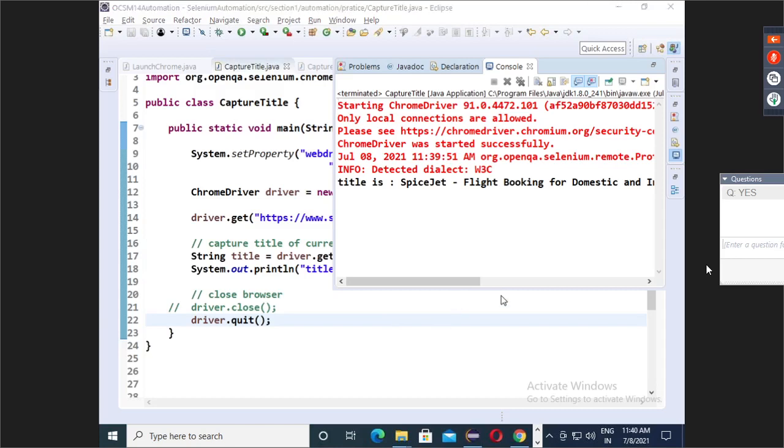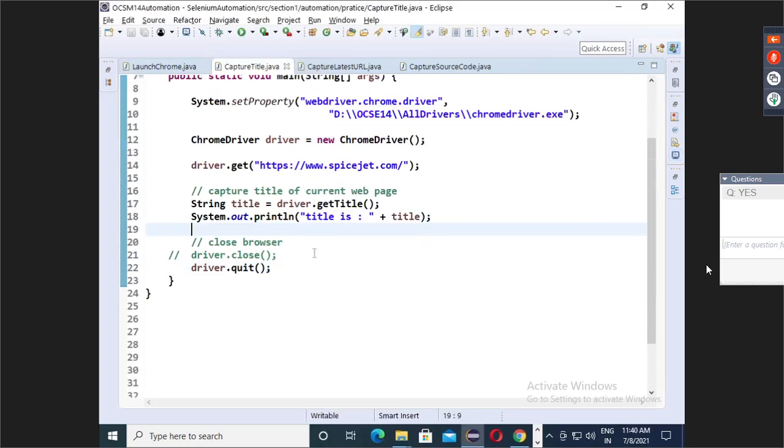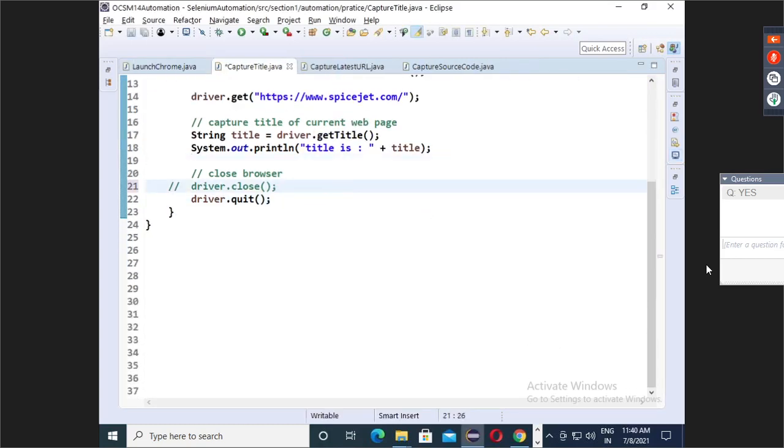Now guys, are you not sensing one very important interview question? driver.close closes the browser. driver.quit closes the browser. Same thing.